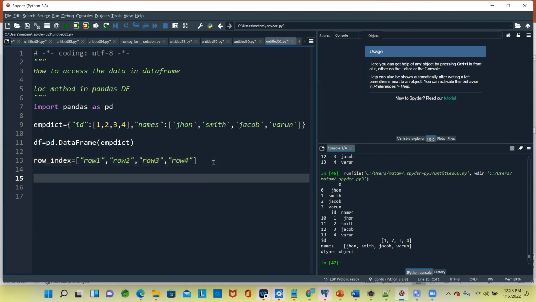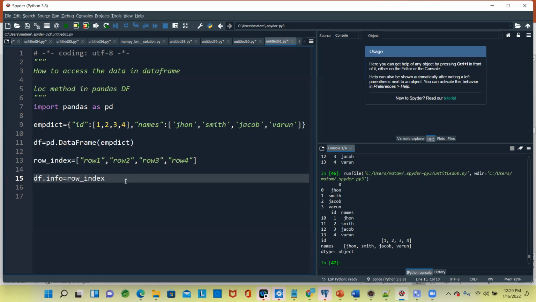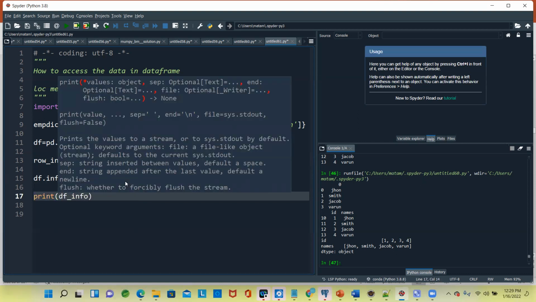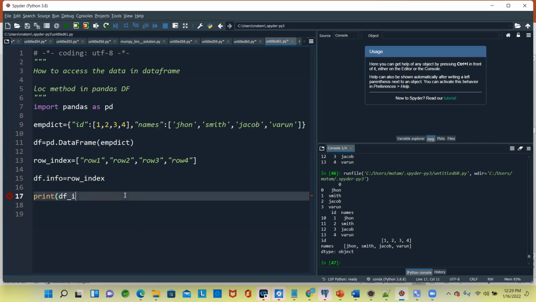So now what we want to say is df.index is equal to, we need to pass the row index. So row index, my entry is this. So we will say df.index equals the row index.